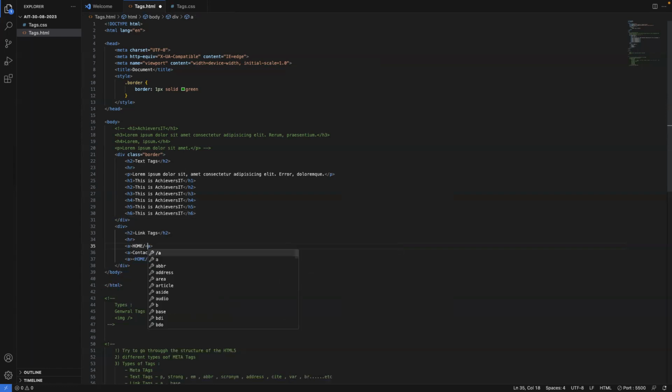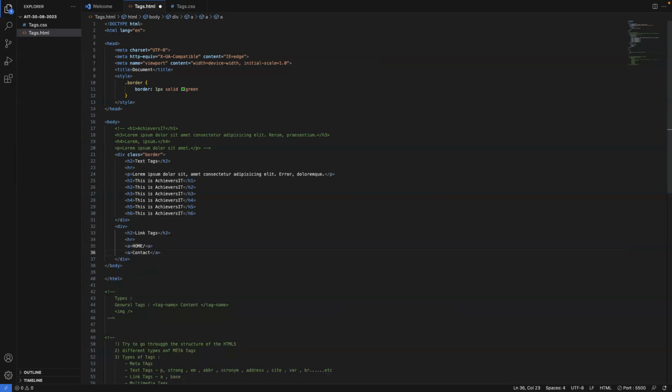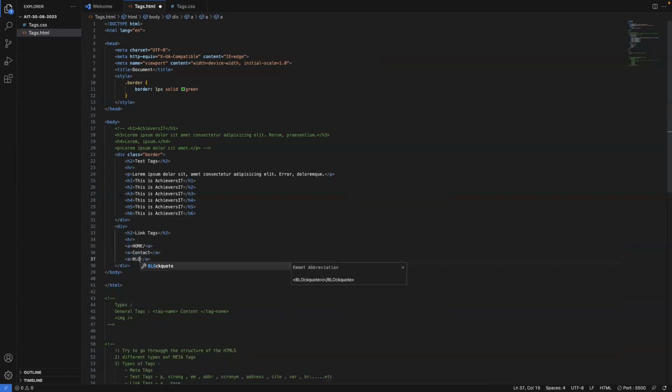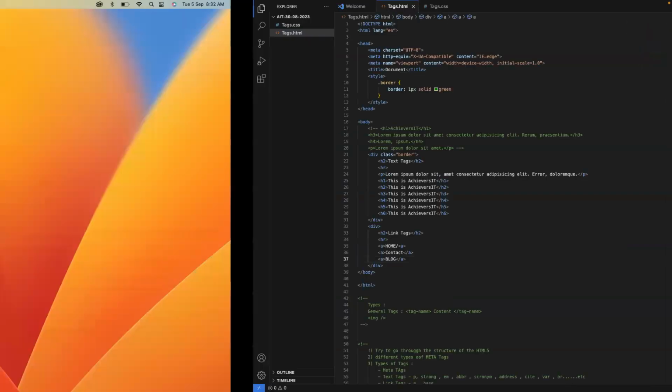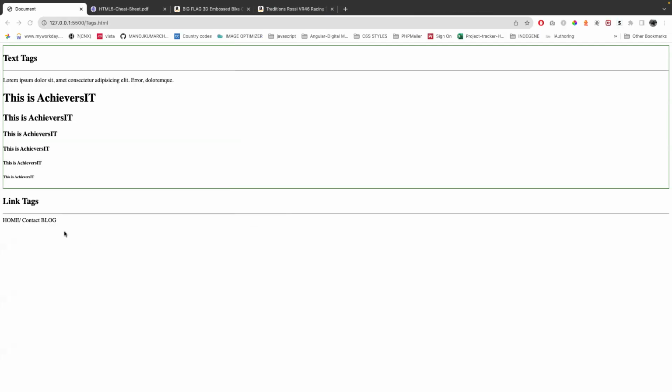No one is ready to tell what is the mistake we did there, right? So blog. I have given three things. Now if I go to the browser, how are these looking? These are just looking like normal text here. So is there any link functionality added here? Even though the anchor tag will convert our normal text into links, the main thing required here is